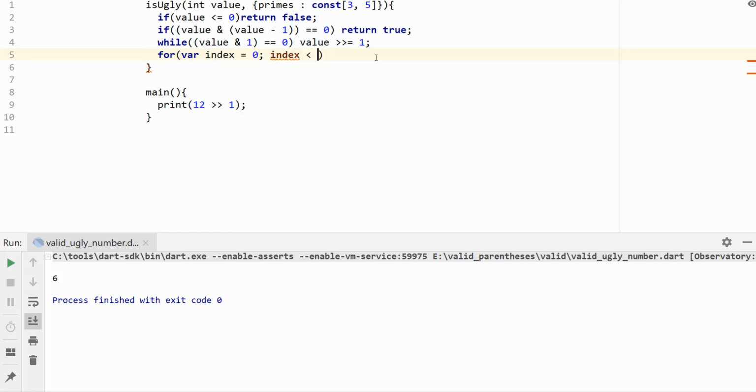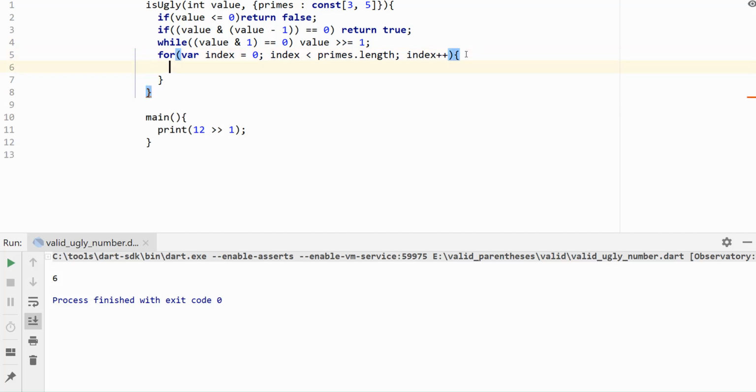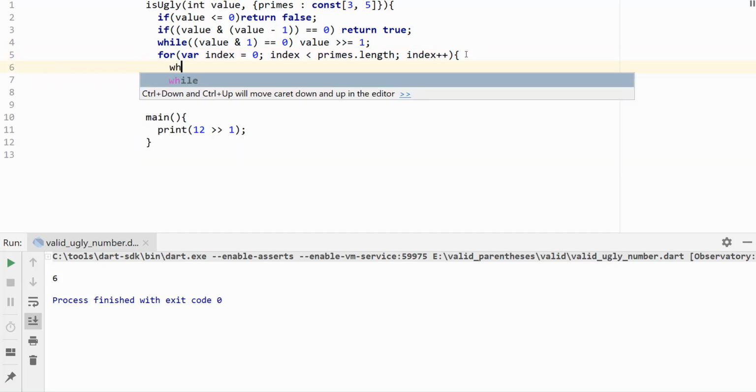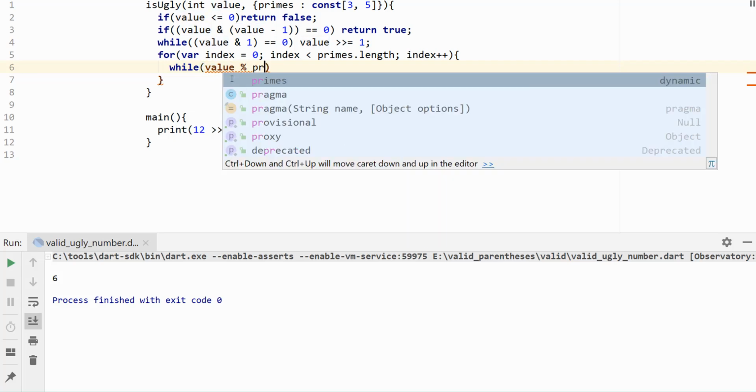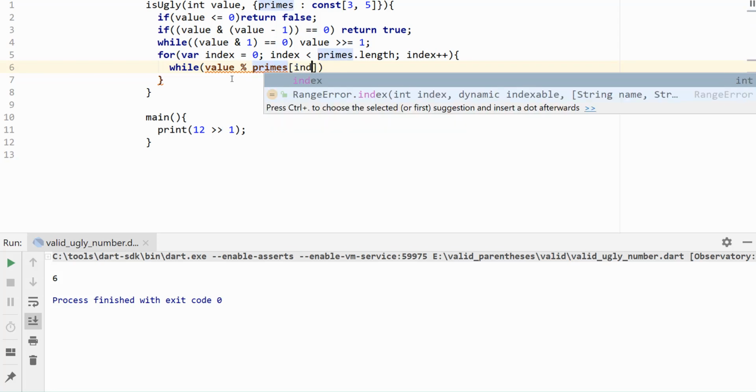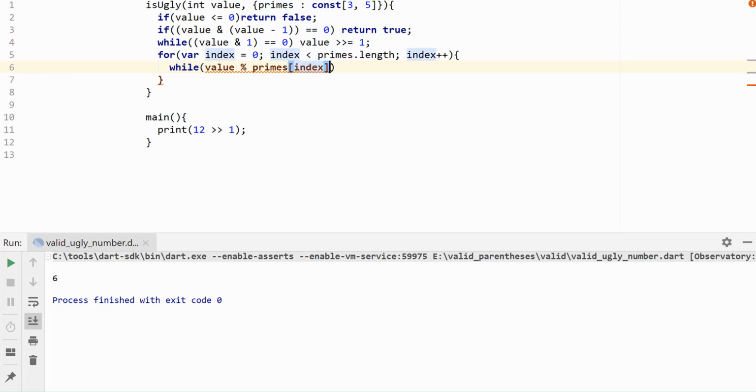So the index is less than primes.length, and then index plus plus. So here, what we want to do is apply the same thing that we did for this top section here. However, we're just going to use the mod operator because I didn't want to build one. So we're going to say while the value mod primes[index] is equal to 0,